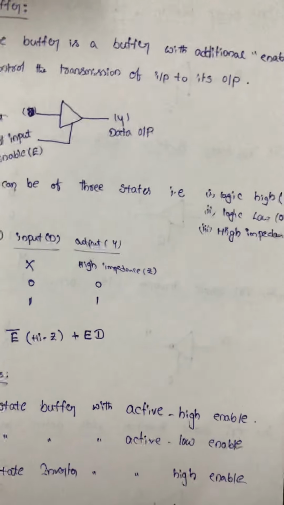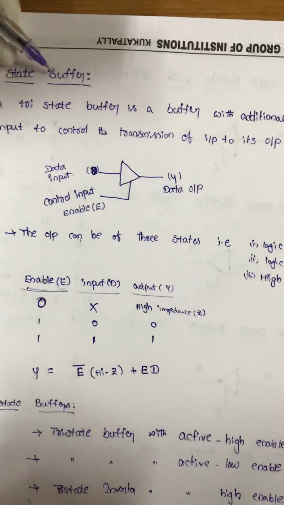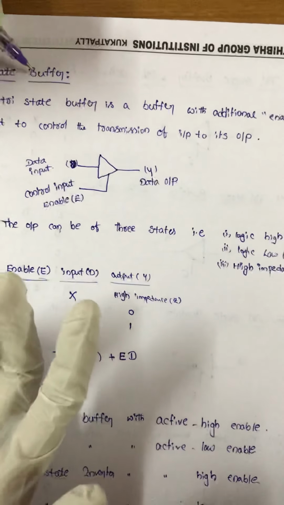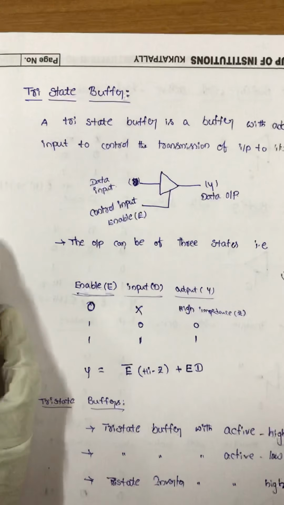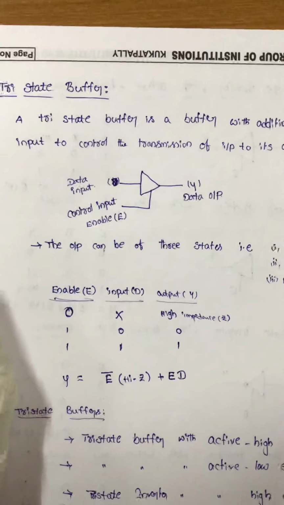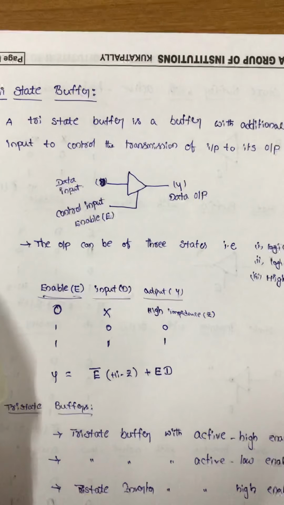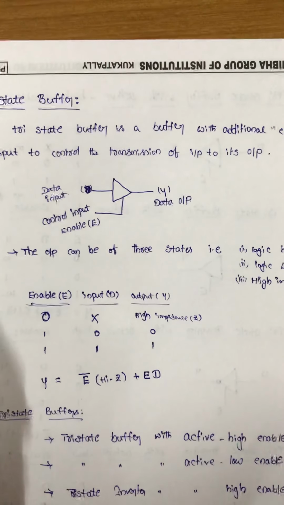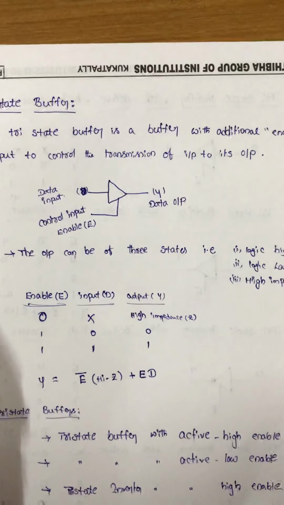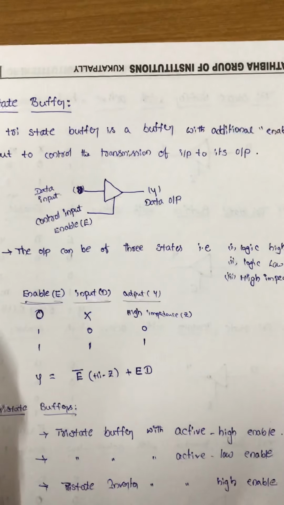So before going to that, first, what is a buffer? A buffer is related to the inverting operation. The inverter circuit can be represented like this. In this inverter circuit, for example, if 1 is the input, the output is opposite to the input, that is 0. If 0 is the input, the output is 1. So here the inverse operation can be performed.